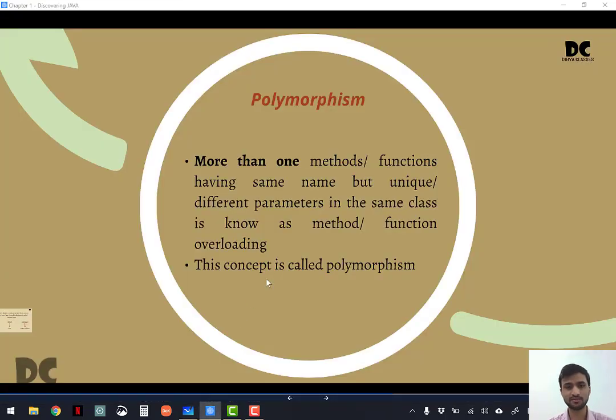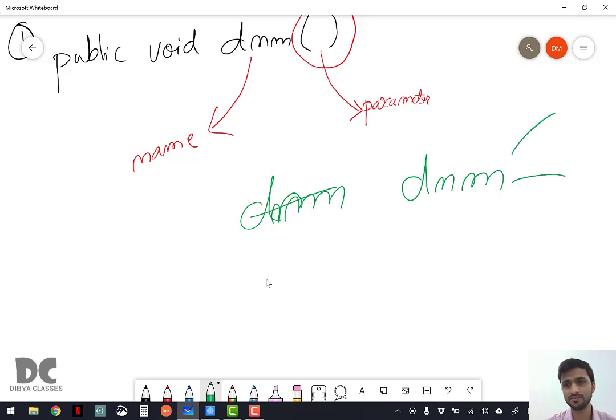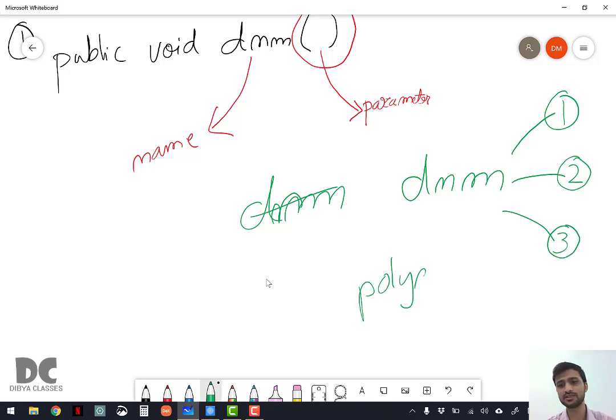This concept of the same function, that is DNM, the method or function, is taking 3 forms. It is written 3 times. This concept is known as polymorphism, since the same function is taking more than 1 form. And when this happens, it is known as function overloading, because we are using the same function name 3 times.